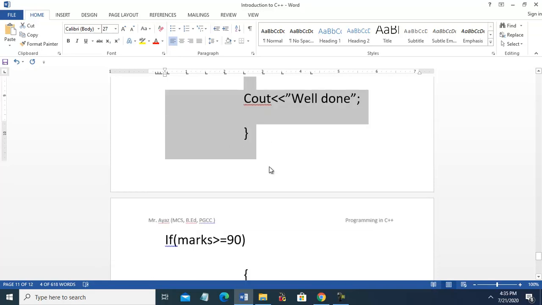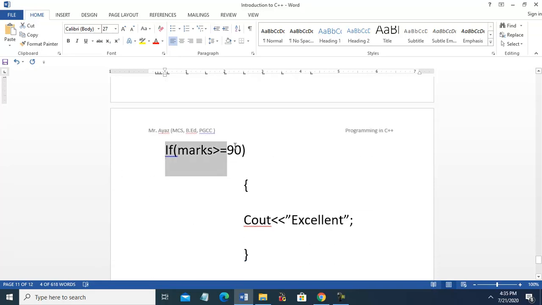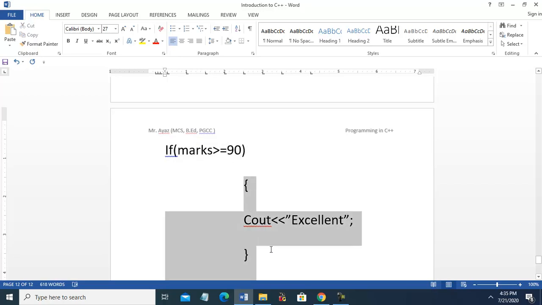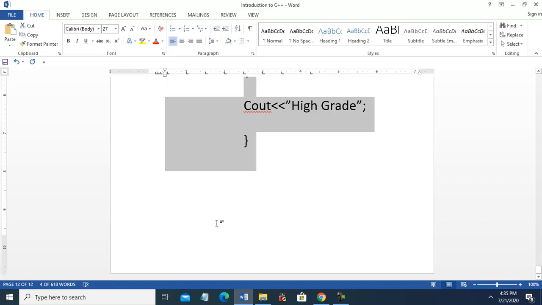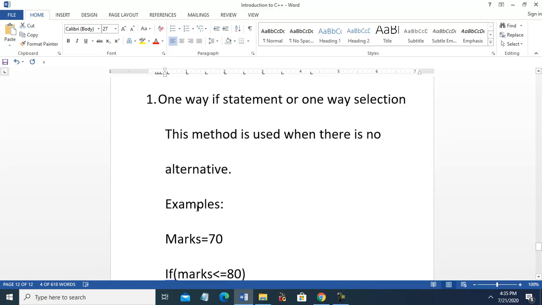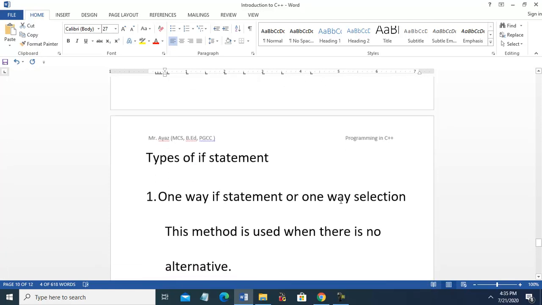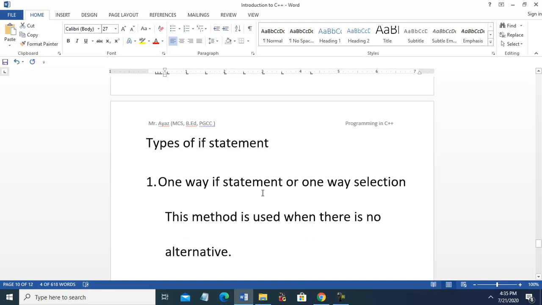Then again a second if and criteria, then its action part, then a third. If this is true, then the action part. Okay, so like this is an if statement. This is a one-way statement or one-way selection.